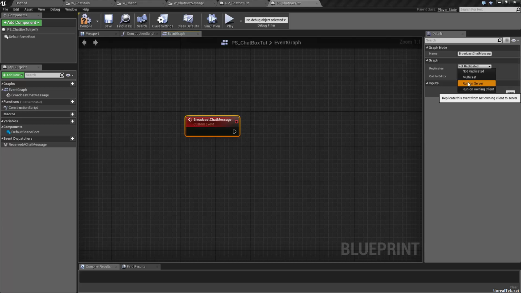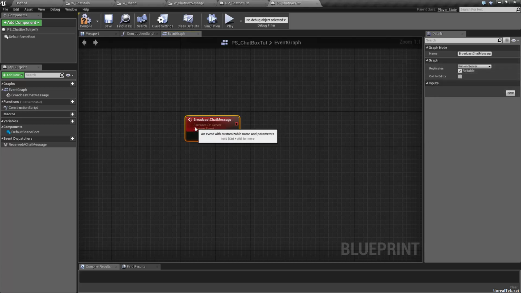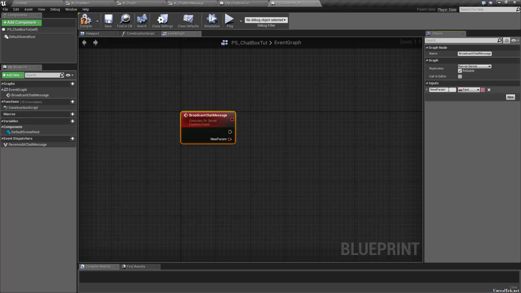We want it to be reliable. We don't want any chat messages to be missed. However, we could set that to unreliable if we were having performance issues. However, this shouldn't take up too much network bandwidth. Let's make a new input of type text called chat message in,